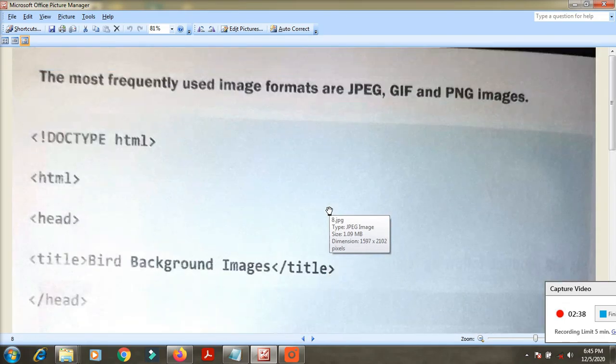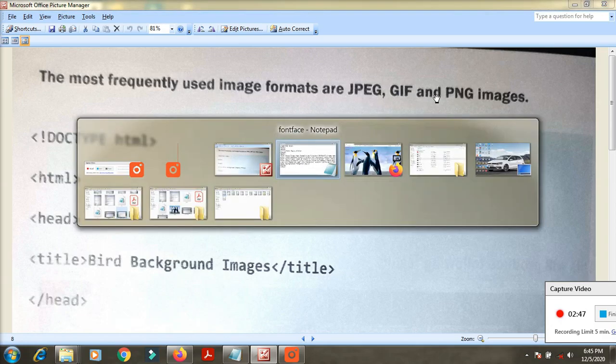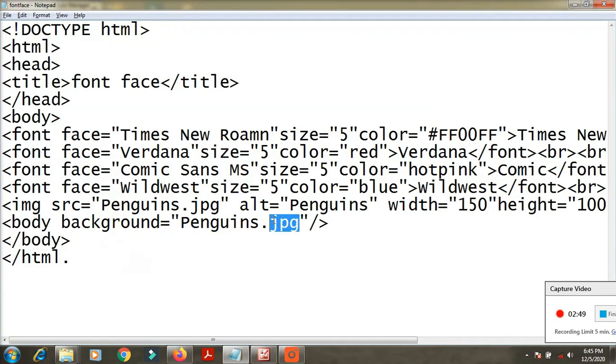See here, they are mentioning that the most frequently used image formats are JPEG, GIF and PNG files. But I used only JPG images here.